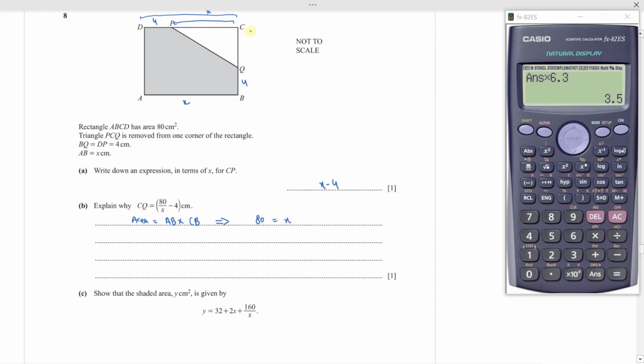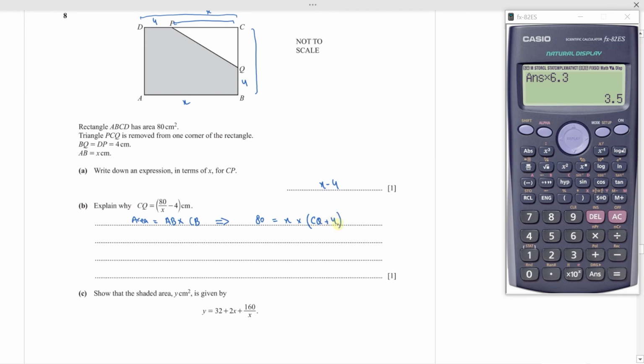And we can write this length CB, which is here in the equation, as CQ plus 4, since we want to show that CQ is equal to this. So this full length CB will be this length CQ plus this length QB. QB is 4, so I will multiply this by CQ